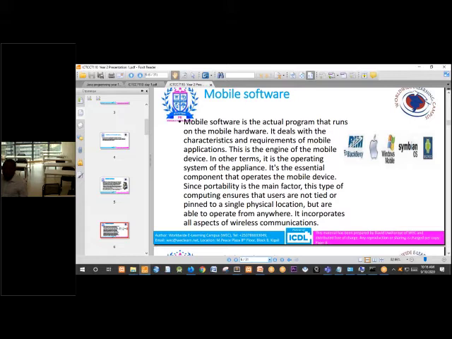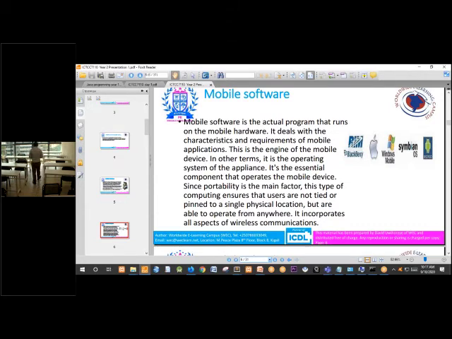That is why it is called mobile computing. You can even work in your car. This mobility is an essential key for mobile computing. It should be possible to work while you are not fixed at one physical location.